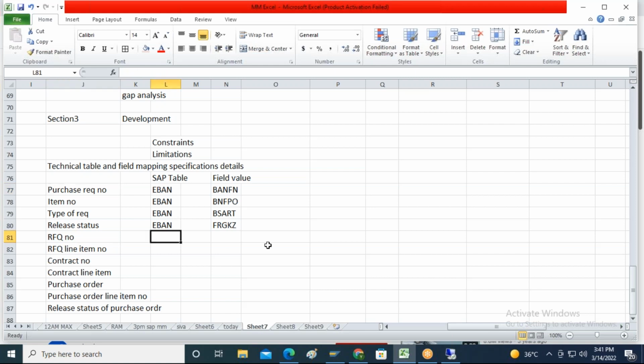You just need to specify. Okay, select purchase requisition number from EBAN, BANFN field, and pass and select purchase requisition number and pass on to